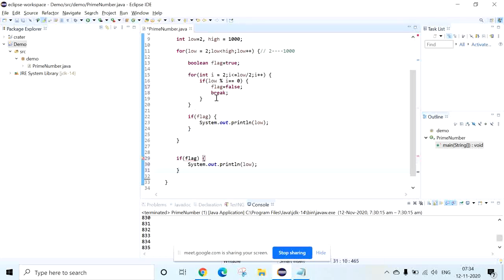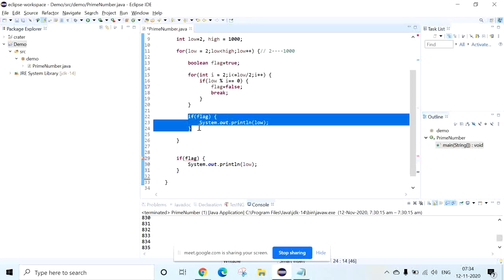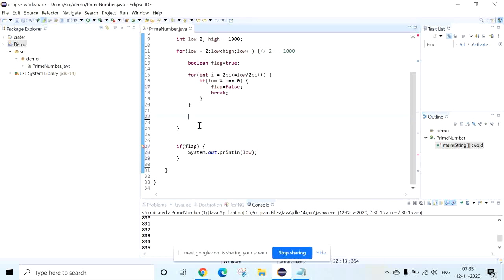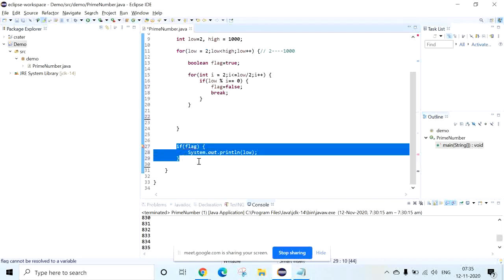The problem is you cannot get the prime number itself. If you remove this, you will not get the prime number. So why we are giving it inside the for loop is, for each and every input we want to identify whether the given number is prime or not. That is the logic.